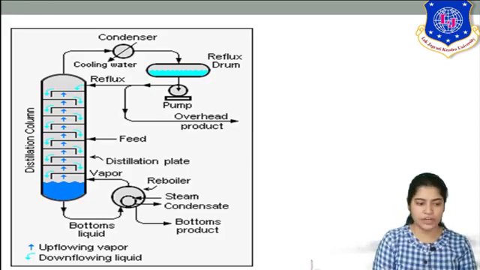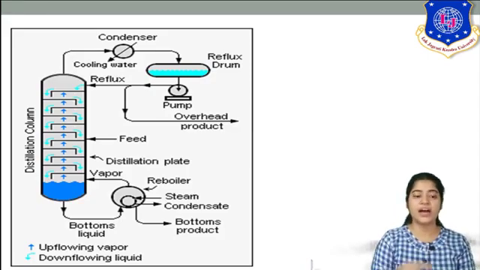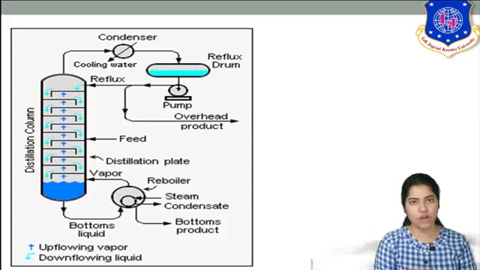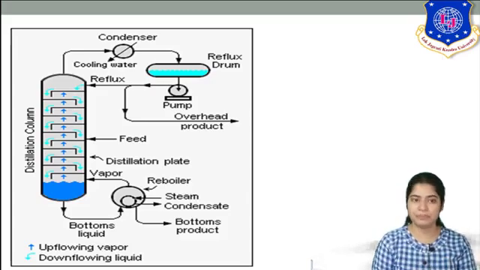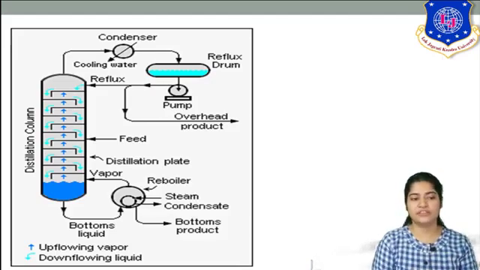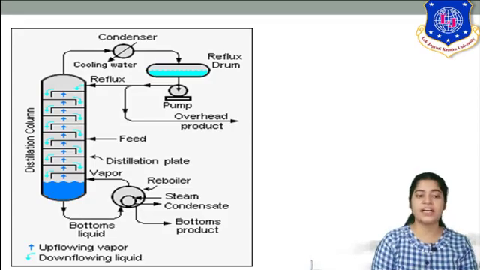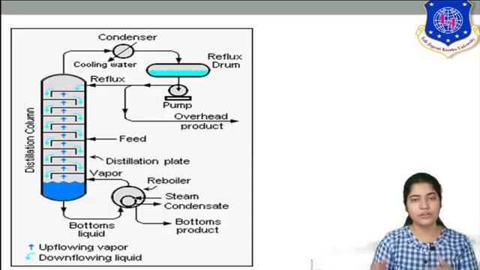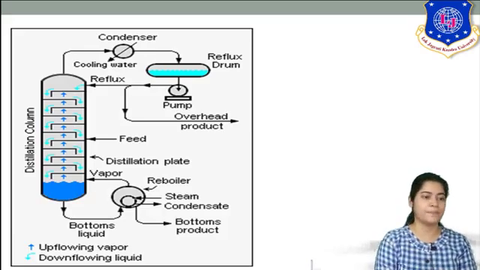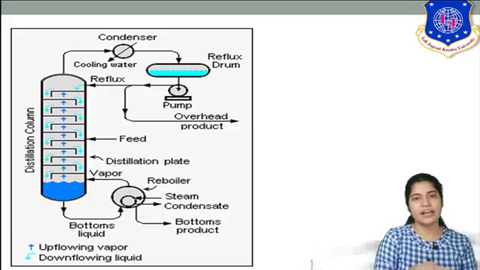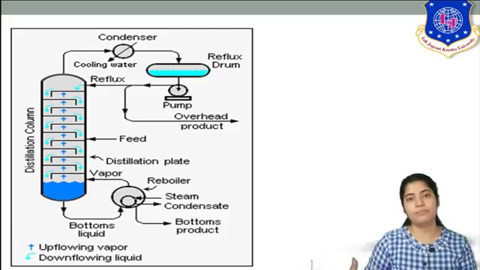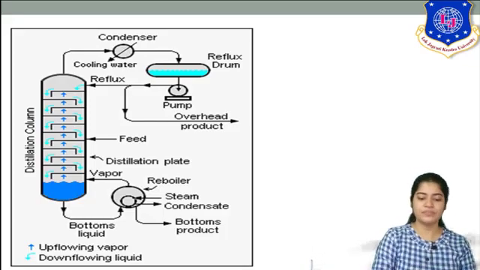Similarly, what does your reboiler do? You can see the bottom liquids are again reheated, and it is again sent back to the column in the form of vapor. Okay, now you can see what is reflux. The vapors which are taken out in the condenser are condensed. So in the reflux drum you can see part of your liquid, part of your distillate, is again sent back to the column. So that is your reflux. And another part is taken out as your overhead product, which is called distillate.